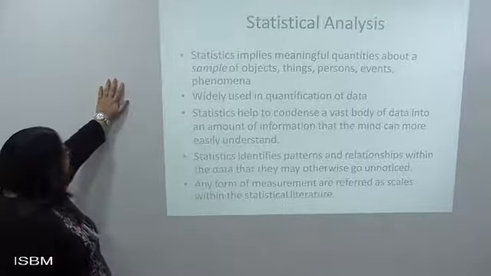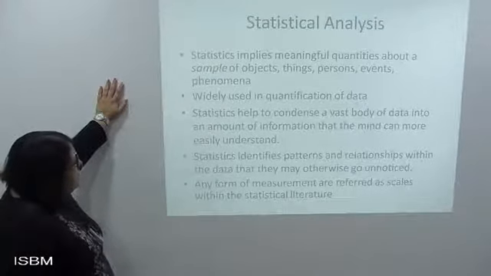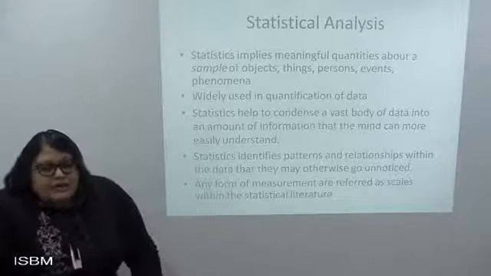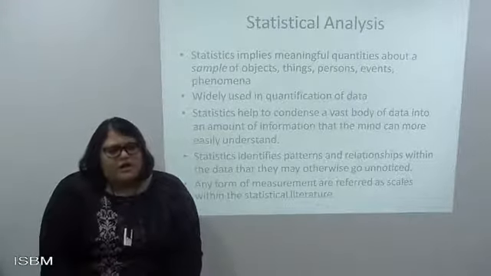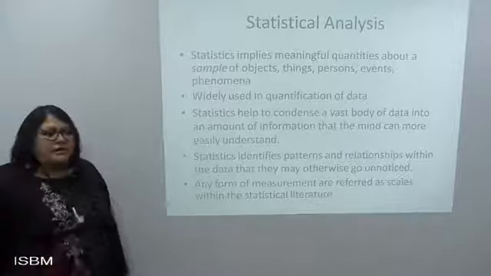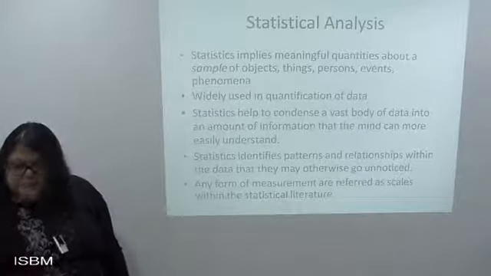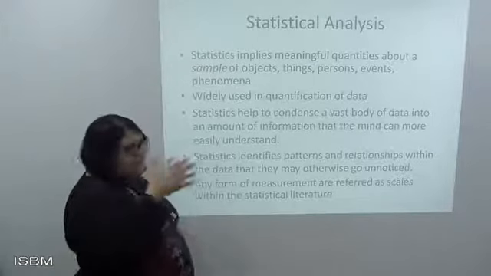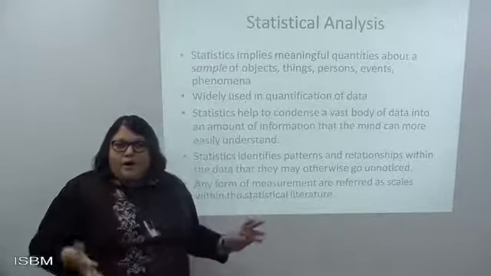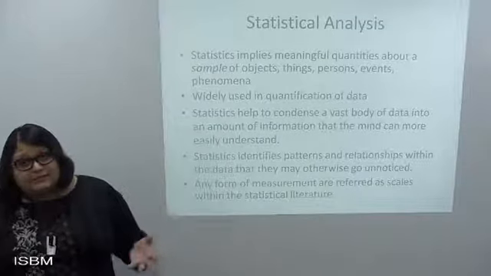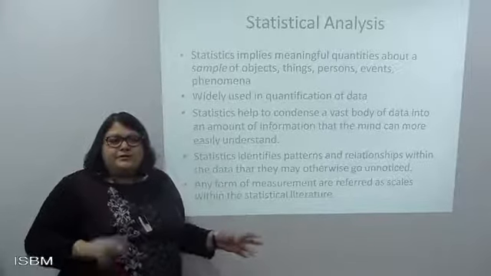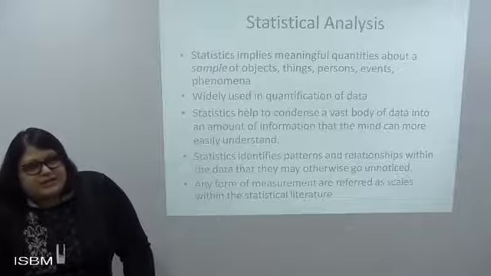Statistics helps to condense a vast body of data into an amount of information that the mind can more easily understand. So usually when we are doing sampling surveys and all, say for a particular population, we are doing a sample study on the effect of religion in a particular population. So it is not possible to say that Mr. Qureshi is a Muslim or Mr. Sharma is a Hindu in town A. It's not possible to give the example of 500 Mr. Qureshis,